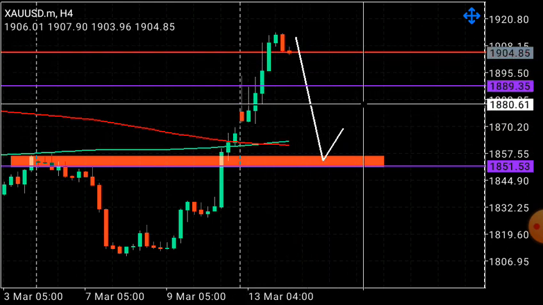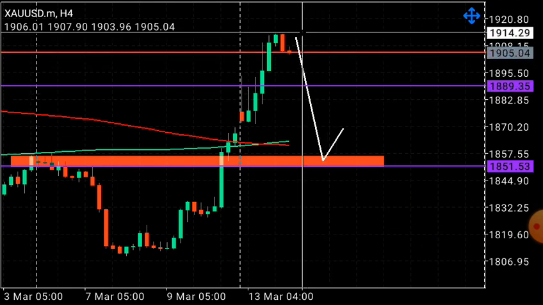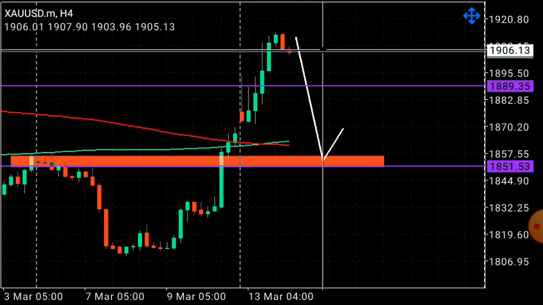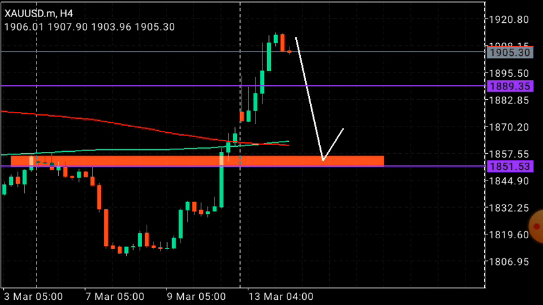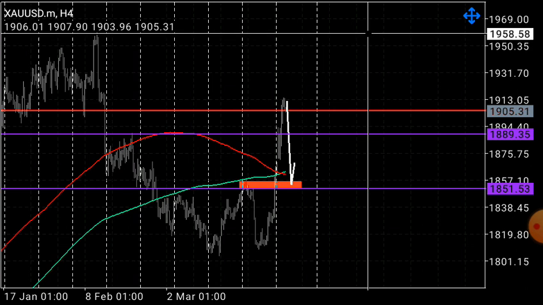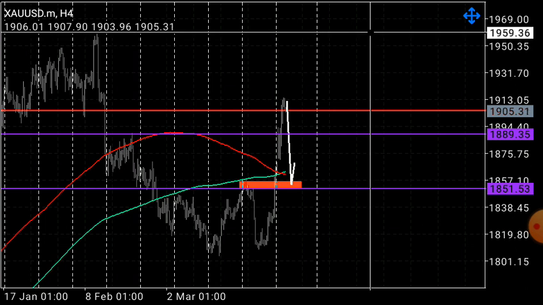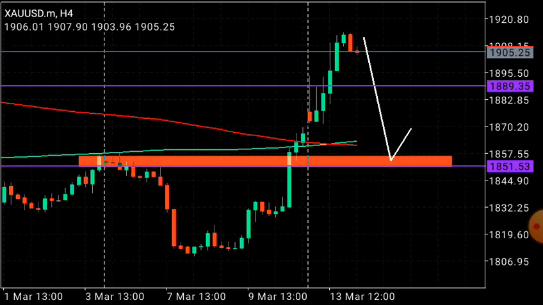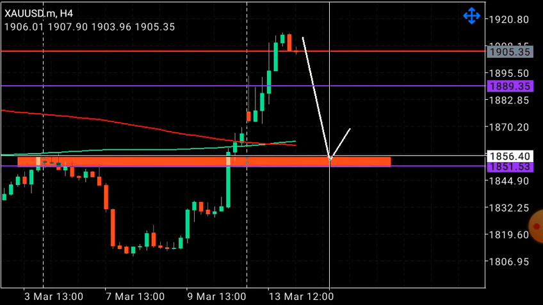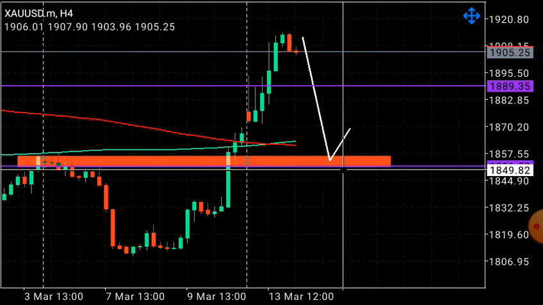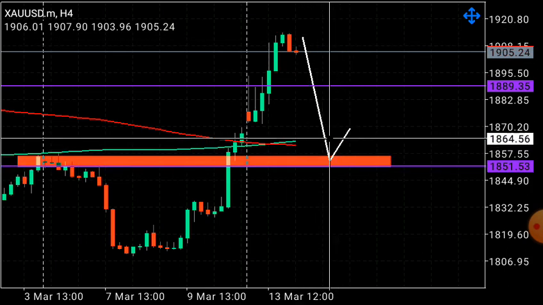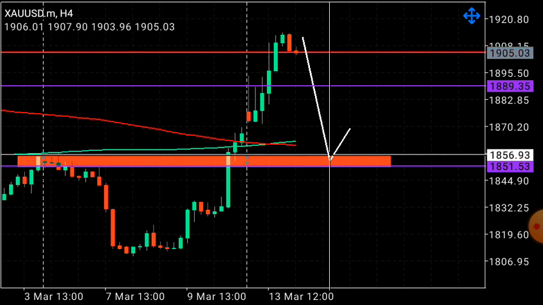I could be wrong. For buyers, you guys can wait for a breakout above that zone at 1914, impulse, then a pullback. From here you take your buys, stop loss just below, and then target the next possible target at 1959. That's the next possible target for buyers. So currently, as for me and my setup, I'm anticipating sells from here. Then I can consider buys, but I'm not really interested in the sells, so I won't be taking sells. I'm positive on the gold, but not for now. I'll start to buy the gold at 1853.